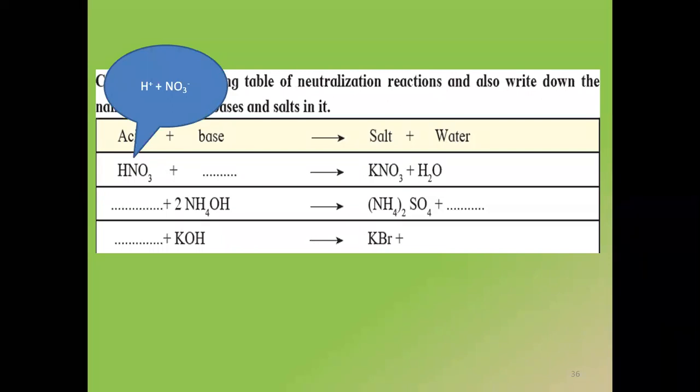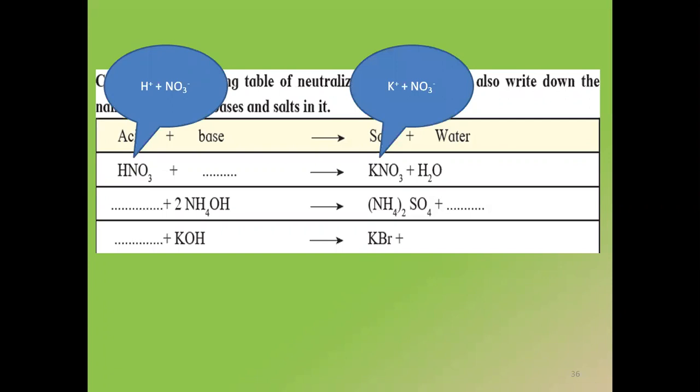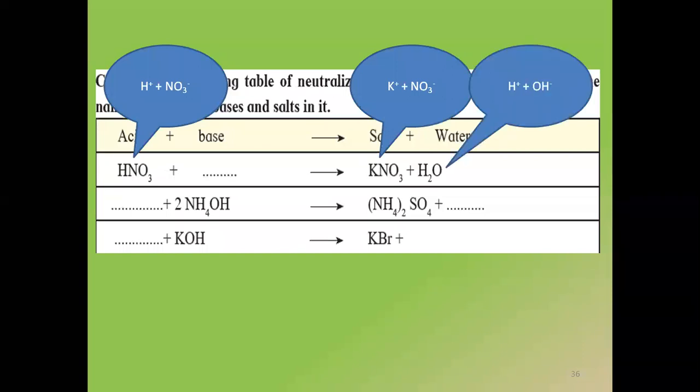So we were talking about HNO3 containing ions like H plus and NO3 minus. अभी जो मेरा salt है KNO3, उसके अंदर कौन सा ions है? Which ions are present in that? Which ions are present in KNO3? Yes, Pritika, good. Very good, Kaushiki. One is K plus and NO3 minus. All right. K plus and NO3 minus. Very good. So what is present in water? Water is made up of H plus and OH minus.